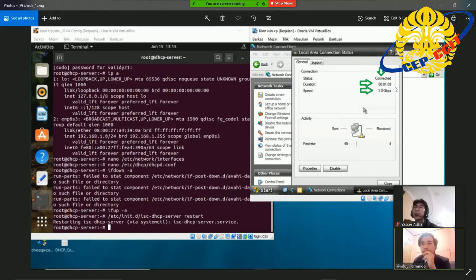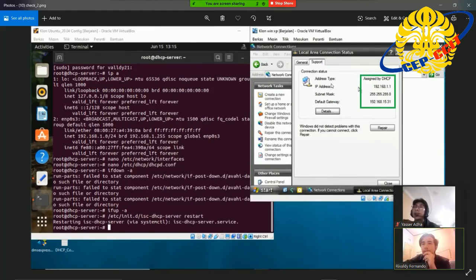Open the network setting on Windows XP, or if you have Windows 10, you can also do that. You can see here the status is connected, the duration, and also the maximum speed for the Wi-Fi or for the internet connection.